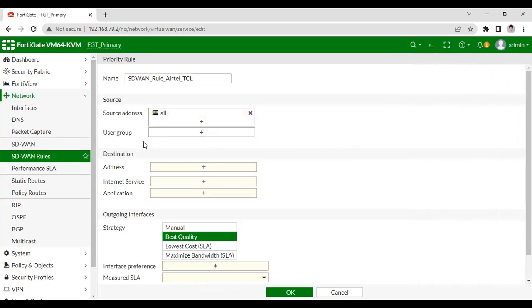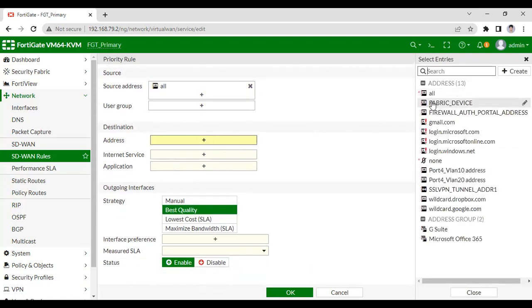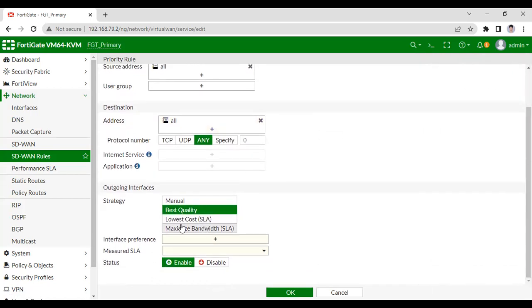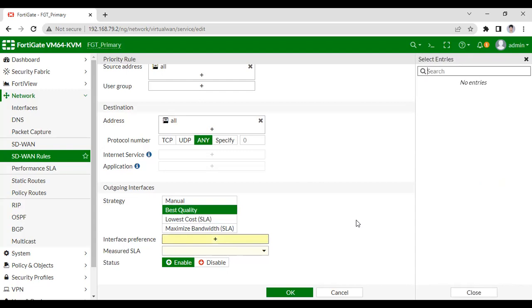I'm going to leave this option, and destination I'm also going to keep all. For strategy I'm going to configure outgoing interface, strategy will be best quality, and for interface I'm going to preference